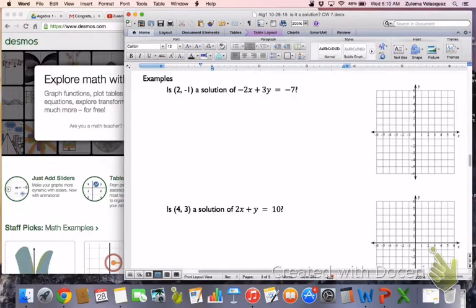So you just finished your first video on how to check if a point is a solution to an equation. Now we're going to see what it looks like visually, where the point is on the line or the point is not on the line. Instead of doing this by hand, finding 3 points and doing a t-table, we're going to